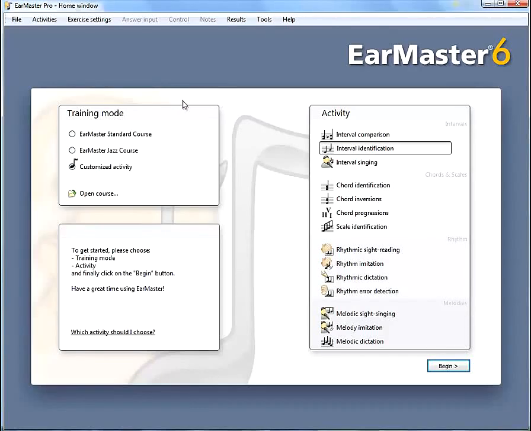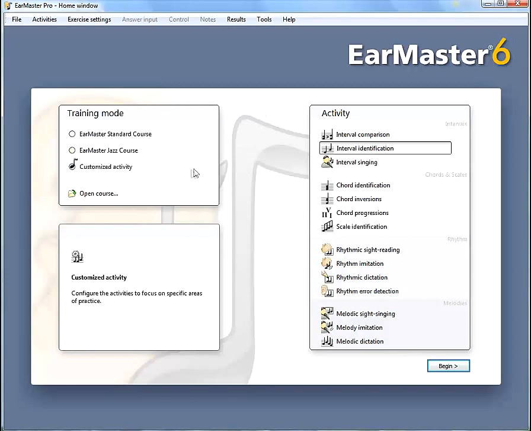Hey, Drew James here, and I'm going to be taking you through today how to use this awesome program called EarMaster Pro. Now, the reason for developing our ears as a musician is because how we listen to music makes